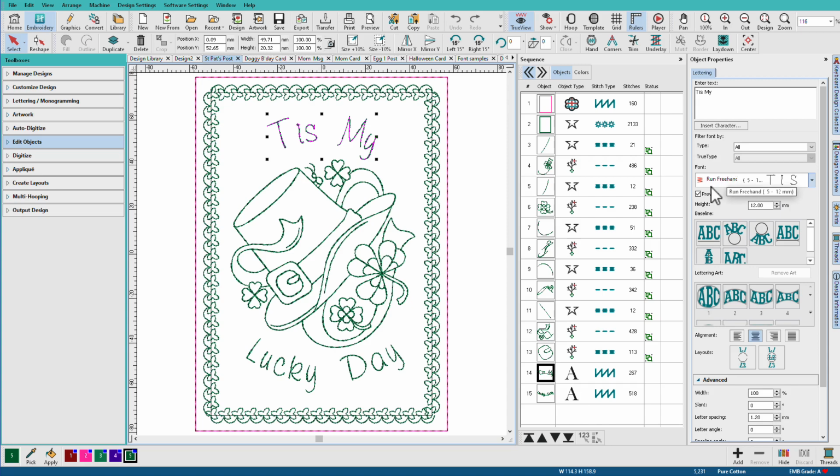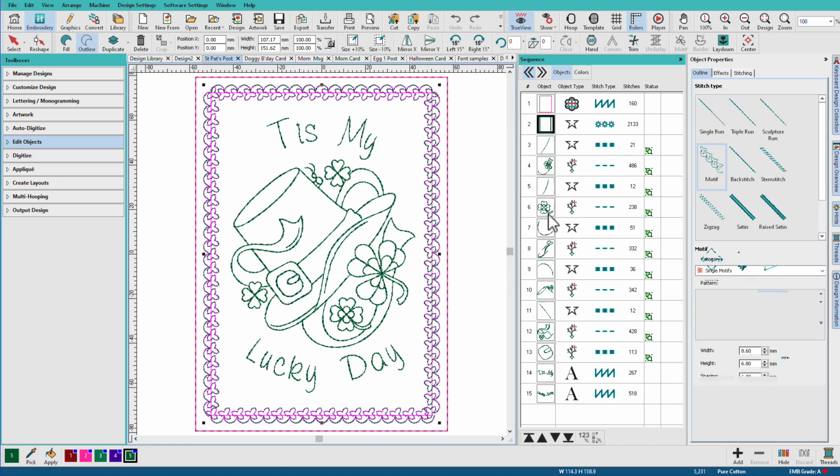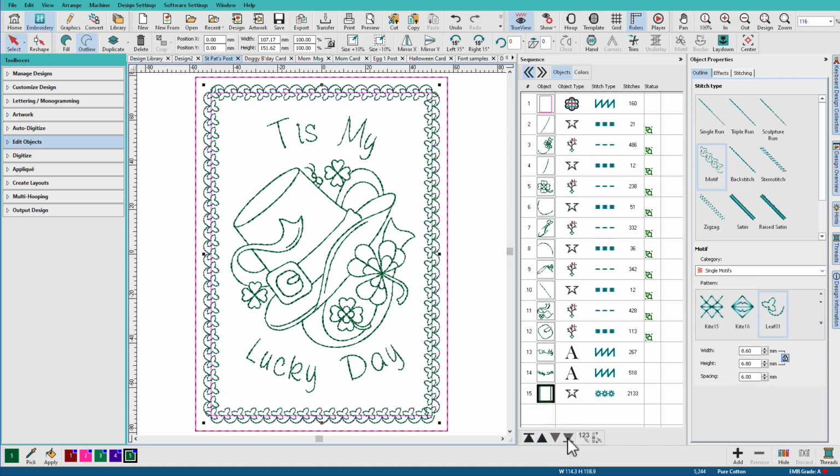So this is run freehand. And I've divided it into two parts. Notice how it's nicely curved? It's because I use this tool. And it puts my first line of text arced up here, my second line arced down there, and takes them into two lines. Now, another thing I could have done is I could have this sewn at the last, stop